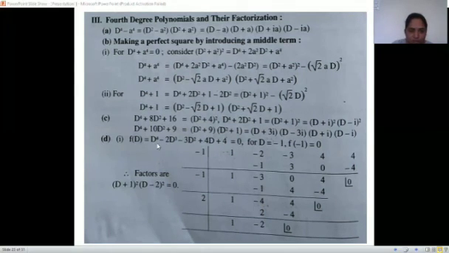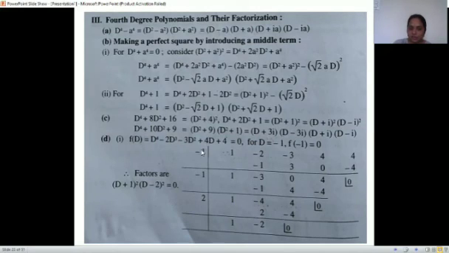Next is this term, D raised to 4 minus 2D cube minus 3D square plus 4D plus 4. Here we cannot do anything as many such terms are given. These are not the terms where we can adjust the squares or some formulas, right? So in this case, we have to use synthetic division. The terms we cannot solve directly, we have to use synthetic division. So 1, then minus 2, then minus 3, then 4, and then 4. These terms we have to write, and we have to check for 1, minus 1, 2, minus 2 alternately.